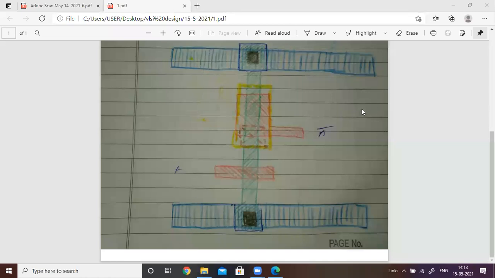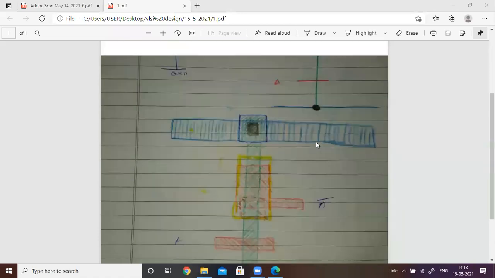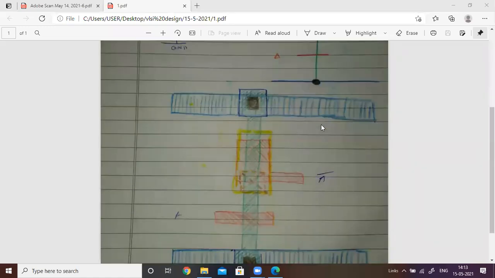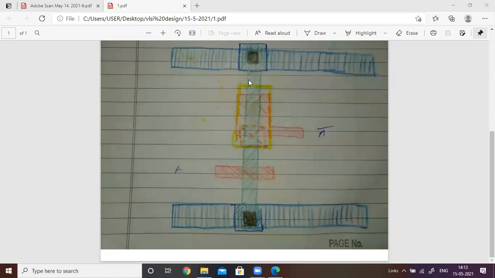Metal layers, right? Now, what we require, just see the stick diagram here. This is the vertical line, that is green color. The green color means this is the N diffusion. So we can go for the N diffusion by drawing it directly from this point to here like this. Draw the vertical lines by using a green color, assuming that this is 2 lambda. So draw a vertical line like this, right?